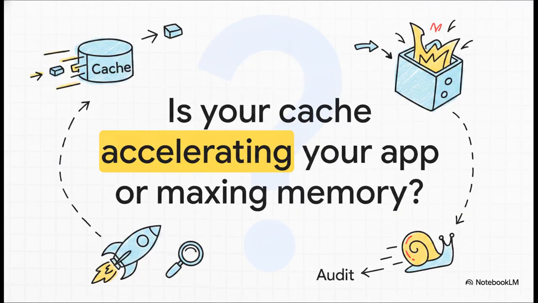So I'll leave you with this question. Is your caching strategy actually accelerating your app, or is it secretly just maxing out your expensive memory limits with useless data? I challenge you to audit your own backend architecture today with that thought in mind, and see if your setup is